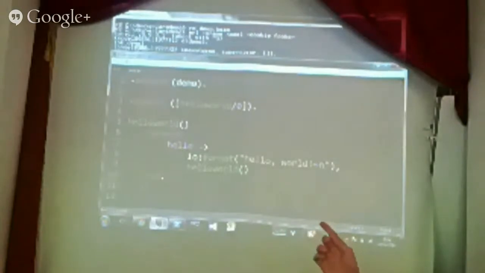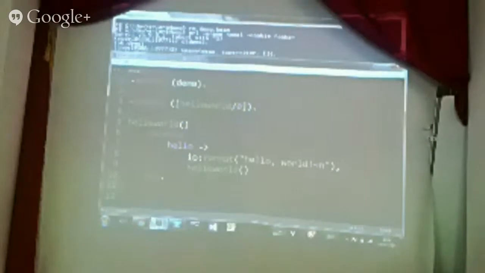So you'll see that there's a receive call immediately in that hello world function, and that tells the process that's running that function to go away and look in its message box for any messages, and then if any messages match those patterns underneath, so in this case the pattern is just a simple hello, then it'll execute that code, and then it'll recursively call itself to start the loop again, because otherwise it just ends. So that's a simple sort of actor in Erlang.